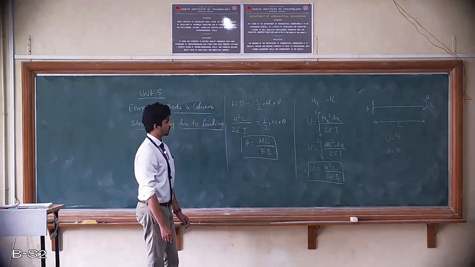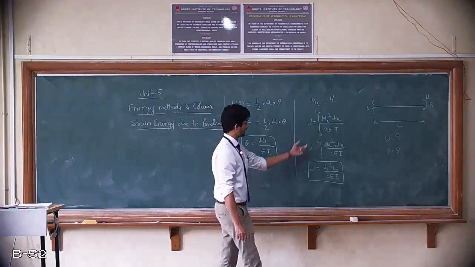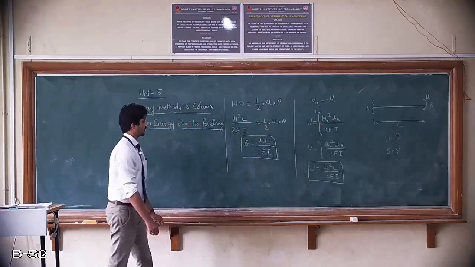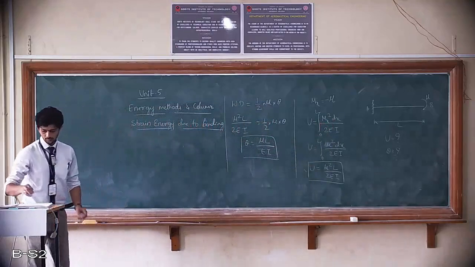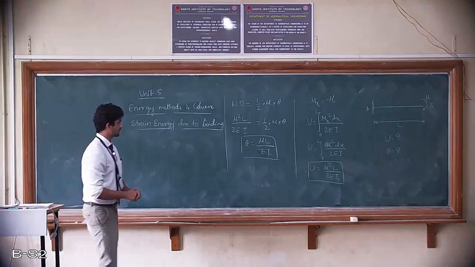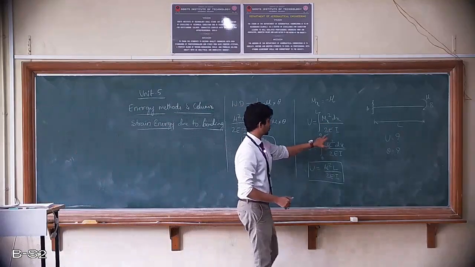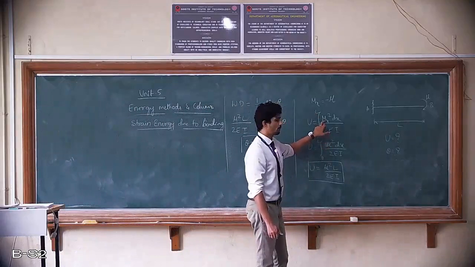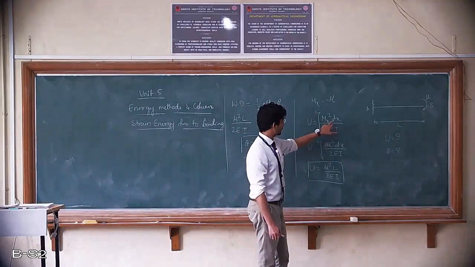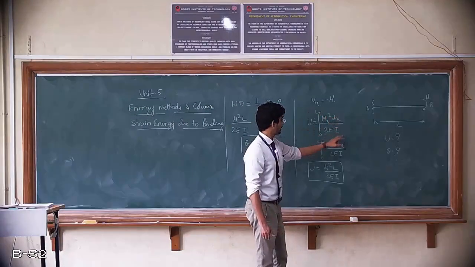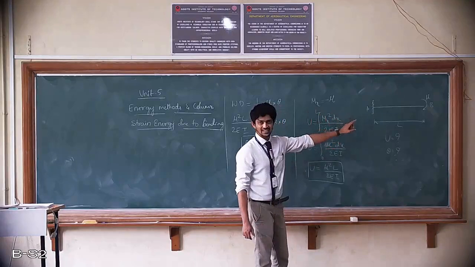Now whether the couple is clockwise or anti-clockwise, it doesn't matter, because anyhow we are going to square it in this equation, so it will be positive. Okay, so this is a problem related to a couple for a cantilever beam. I hope this is clear. The equation is very simple. It is M square L divided by 2EI in generic form, or with a given limit 0 to L, where moment varies with respect to its length, M square dx divided by 2EI. So this is the total strain energy equation for bending.